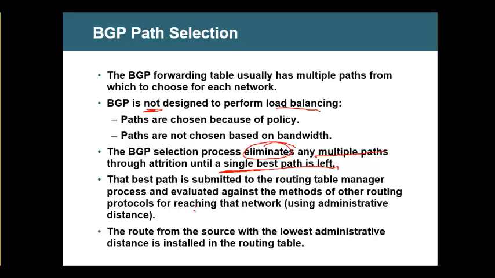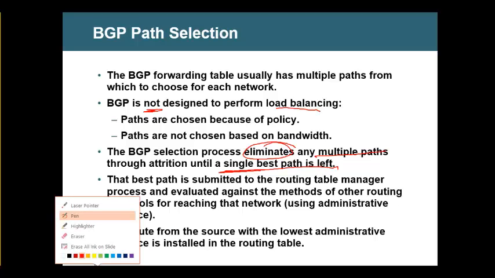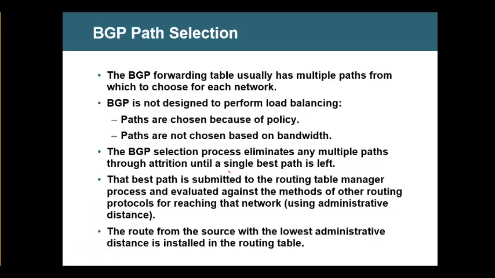Likewise, you may have multiple paths. BGP will have one clear reason to say, I need only this single path as the best path. See, BGP will not focus on bandwidth or delay or any hop count to choose the best path. The paths are not chosen as per any of those things that we see in IGP protocols. BGP only focuses on the attributes, your policy that you have configured.